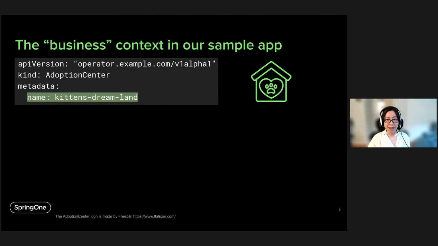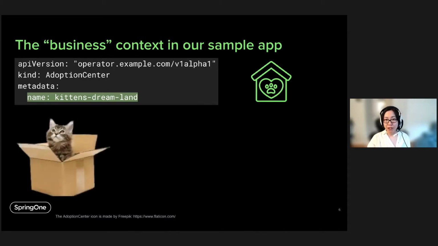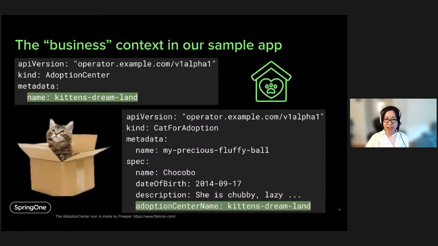The business domain in our example is a serious cause. We need better managed, automated adoption centers, and that's described with this kind, adoption center. Then we want to register some cats to the adoption center. Here comes another kind, cat for adoption, that contains some basic information about the cat. The adoption center name field tells our operator which adoption center to register this cat to. So